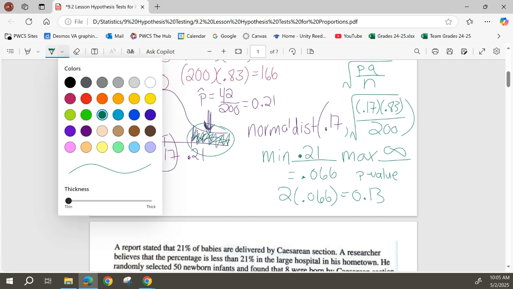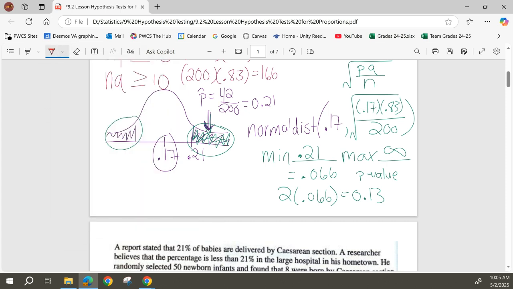Just like with the means, though, we are going to compare our p-value and our alpha value. And so in this case, up in the problem, you can see that the alpha was 0.05. Our p-value, as just discussed, is 0.13. When the p-value is small, when it is smaller than alpha, then we reject the null. In this case, the p-value is larger. And so we are going to fail to reject